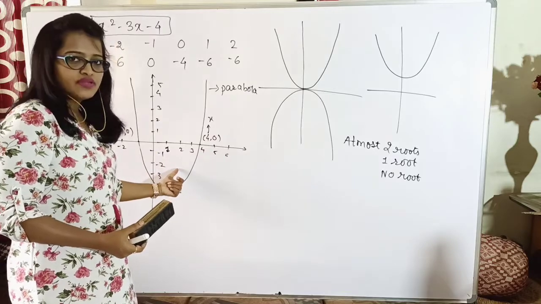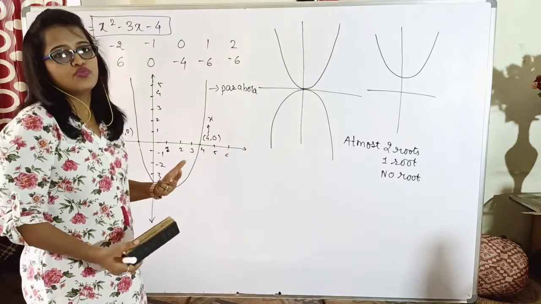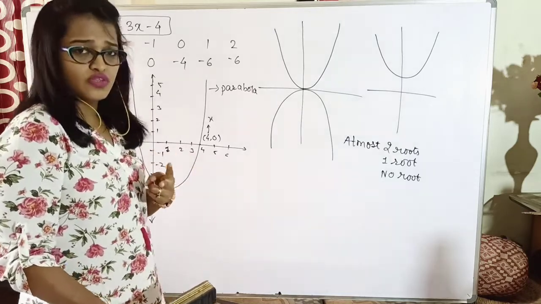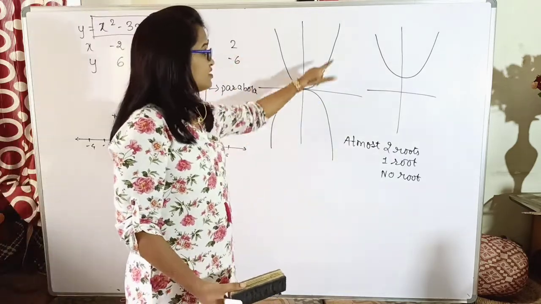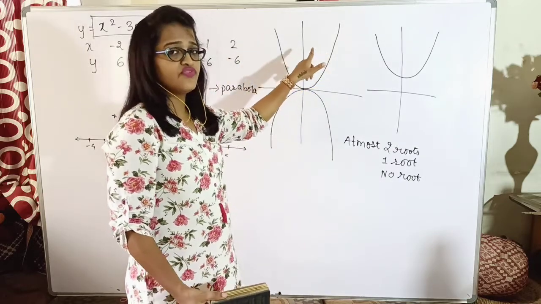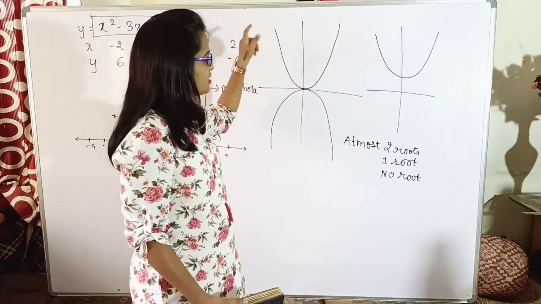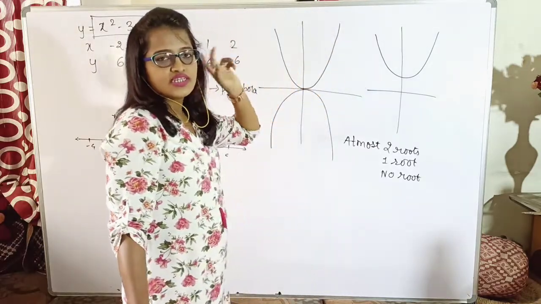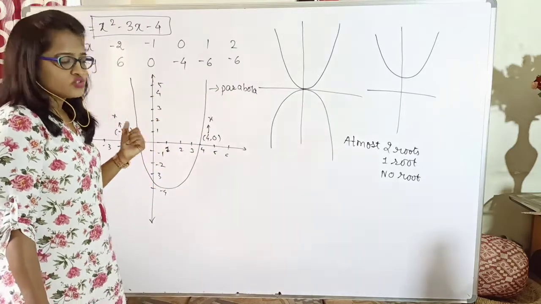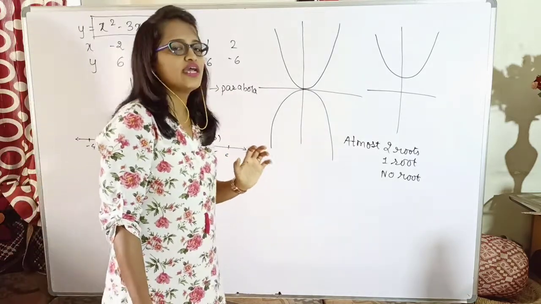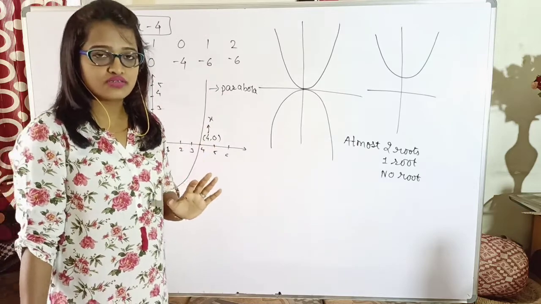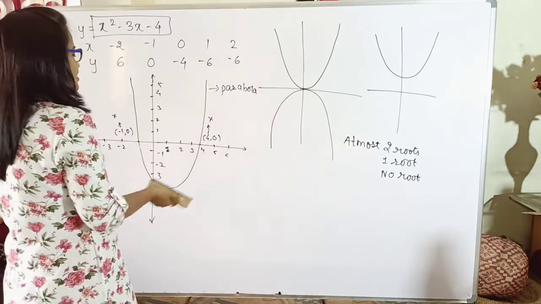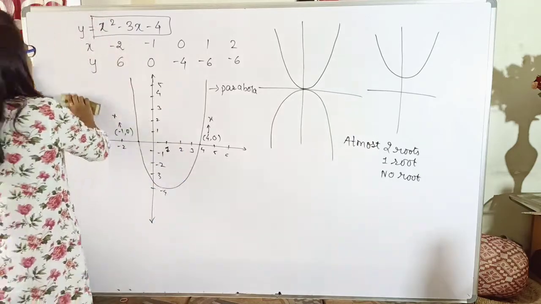If this is an example, as you can see, it is intersecting the x-axis at 2 points, so the zeros of this graph will be two roots. Whereas if the figure you get is like this, then in this case it has only one root. If you get a figure like this, as you can see, it will not have any root. Okay, so the condition is at most it has two roots, for a quadratic polynomial. Now let us see a cubic polynomial also.